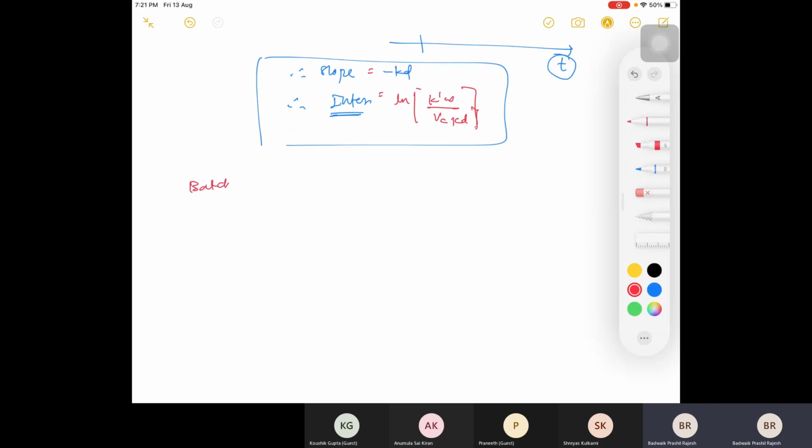Then I will tell you one batch system. So you can write batch solid. I hope you understand what I mean by batch solid, right? Mixed constant flow of fluid. You just write first case 1 or derivation 1. I'm just taking an example here. You may have a different system, and based on that you need to change. So batch solid, mixed constant flow of fluid. What do you mean by this batch solid?